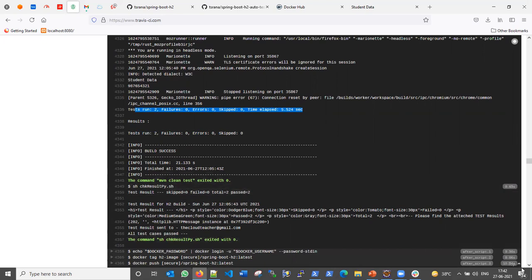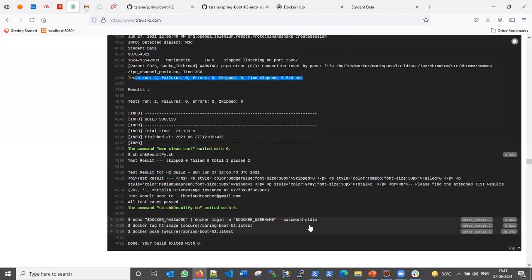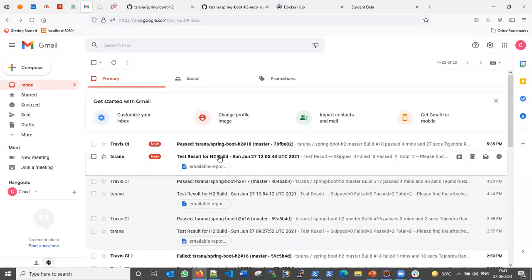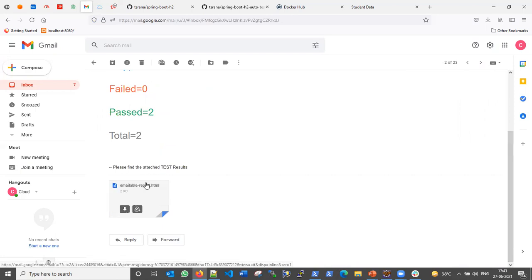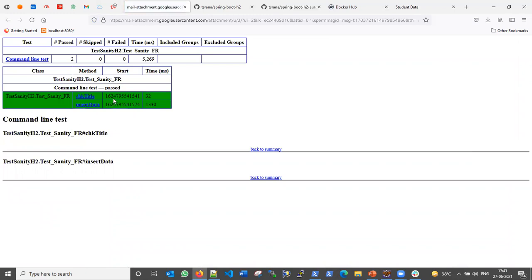It means our test cases passed successfully, and once the tests passed, it will also send the mail using SendGrid. So it has sent this report to us that our test cases passed, in my mailbox, as well as an attached file having the test results. If I open this test file, yes, it is showing all green.